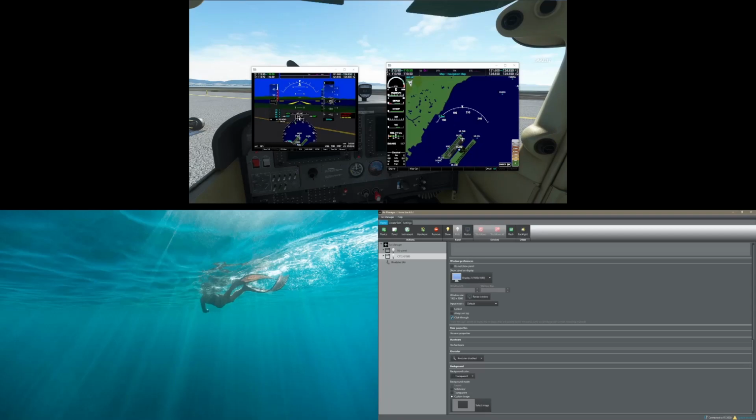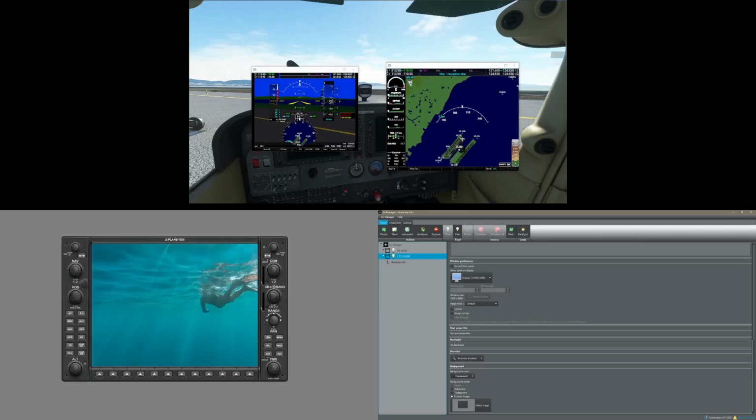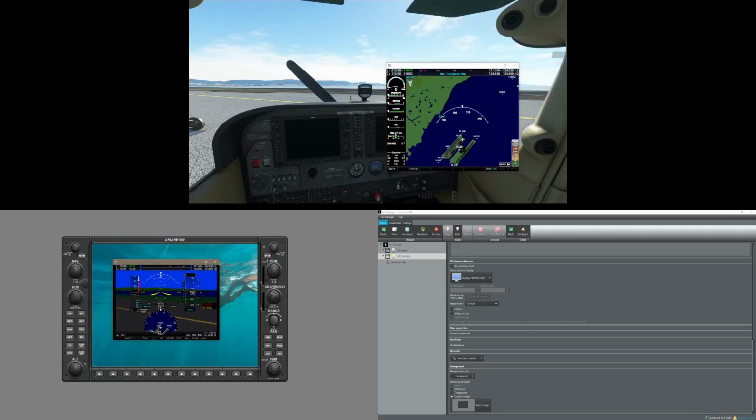But even though this particular instrument doesn't need the click-through, as the GNSs don't, it's always handy leaving it ticked for this reason, and I'll show you why. Because it enables you to still manipulate the pop-out through the window. Let me show you the difference. We'll leave it turned off, and we'll turn the panel on. So with the panel on, if I drag down my PFD now, you can see if I drop it in the transparent section of the window,